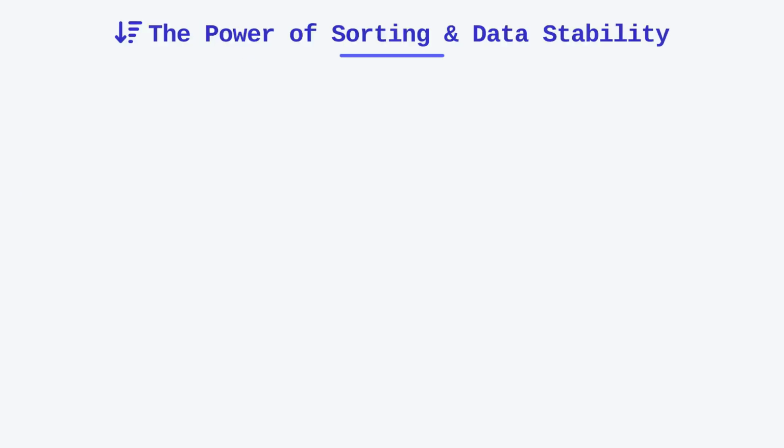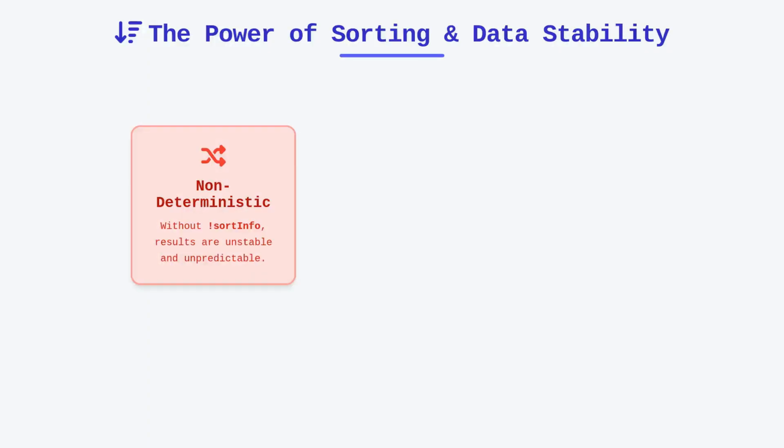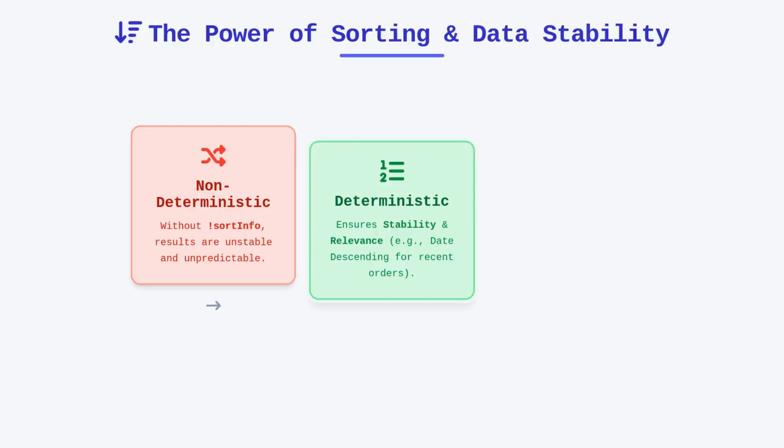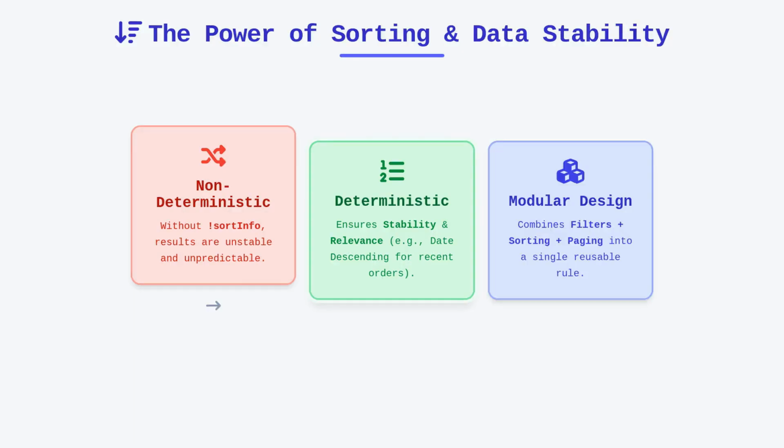Sorting also plays a critical role in how the end user interacts with your application. A query without explicit sorting is non-deterministic, meaning the order of results might surprise you or change unexpectedly. By utilizing a sort info, you provide stability to your data displays. If you are retrieving a list of recent orders, sorting by the date field in descending order ensures the most relevant information appears first. This is particularly vital in UI components where a user might be searching for their last